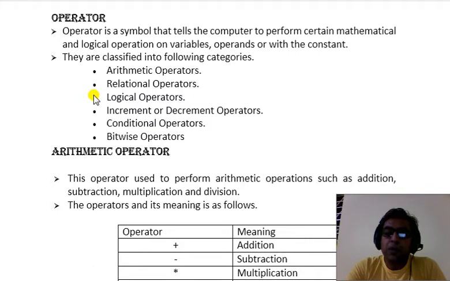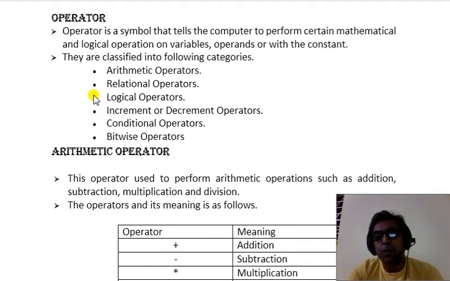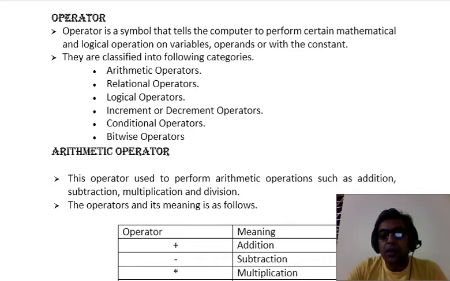When we are talking about programming, whether it is C++, C programming, Java or Visual Basic, in programming we perform different types of calculation, and for performing this calculation we need different types of operators, or you can say different types of symbols. These symbols are called as the operators. For example, if we want to add two numbers, we use plus sign.